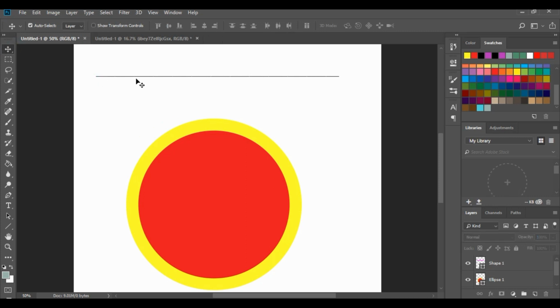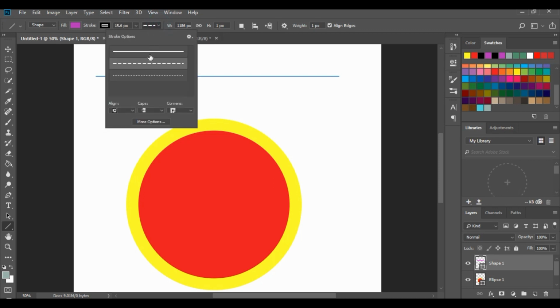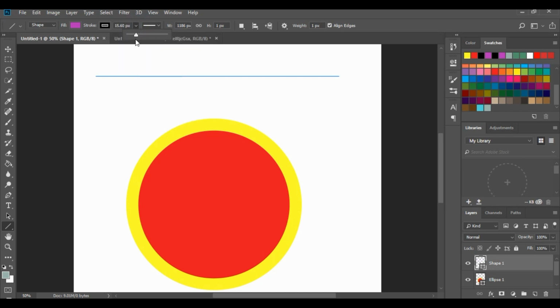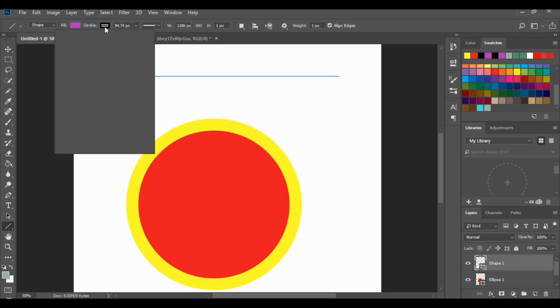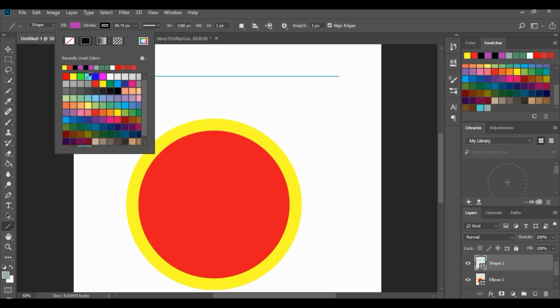You notice how it's got the little dots there? Okay, and that is because, let's click back onto our shape tool, our shape layer, and click onto the line tool, and you'll notice on the right, on the top here, it's still got the black, and it's saying that it's 15 in thickness, and it's got the dots. But let's change that to just a solid line, and I'm wanting to make this line fairly thick, and I'm wanting to change the color to this green. Okay, and hit